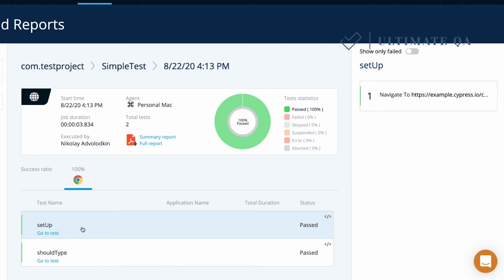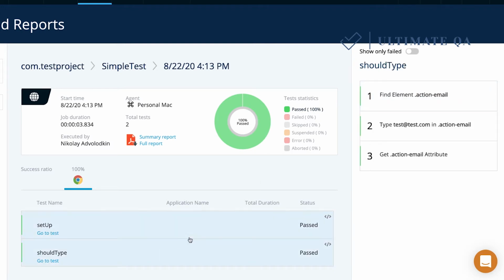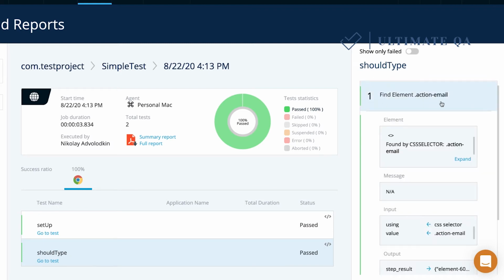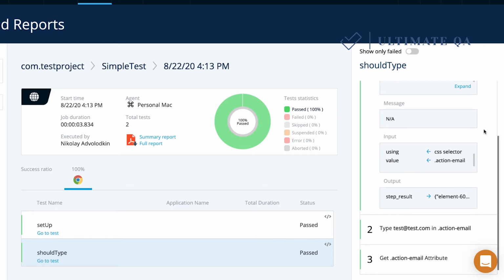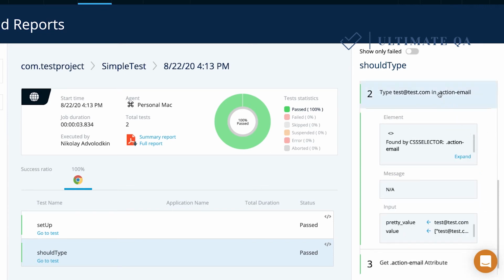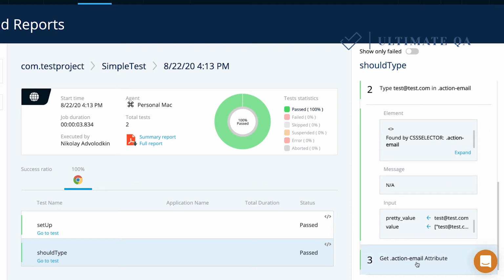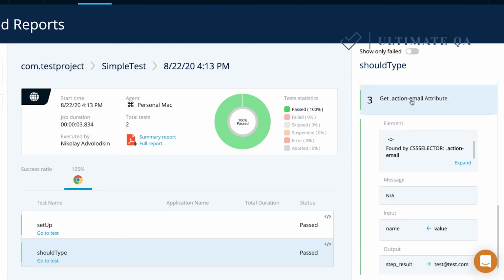And so we need to fix this because you can see in our setup we were doing a navigate, and so now it appears up here. And then over here we have our should type method. You can see that we find an element by this CSS selector. So now you can see how that looks. You can see we're typing in this string into that same selector, and then we are getting action email attribute. You can see here, and here's the